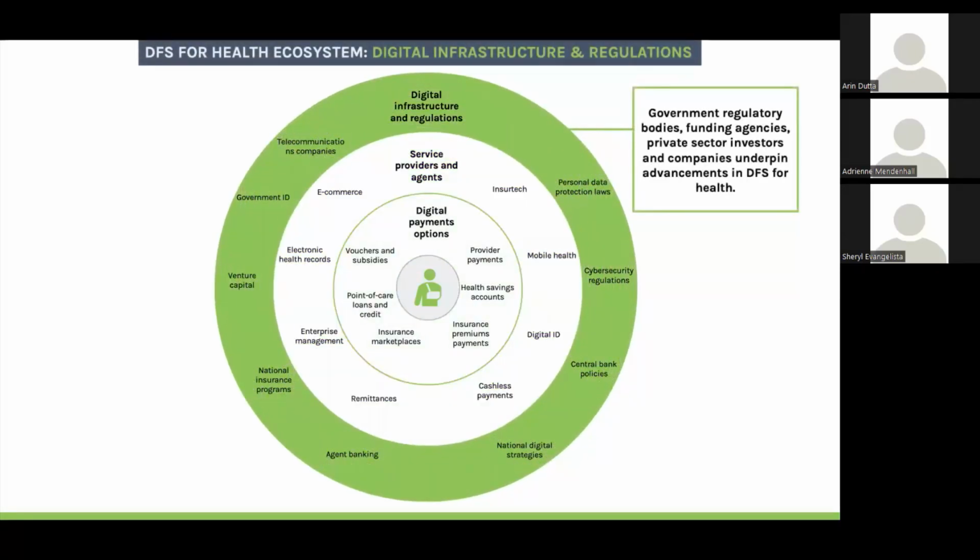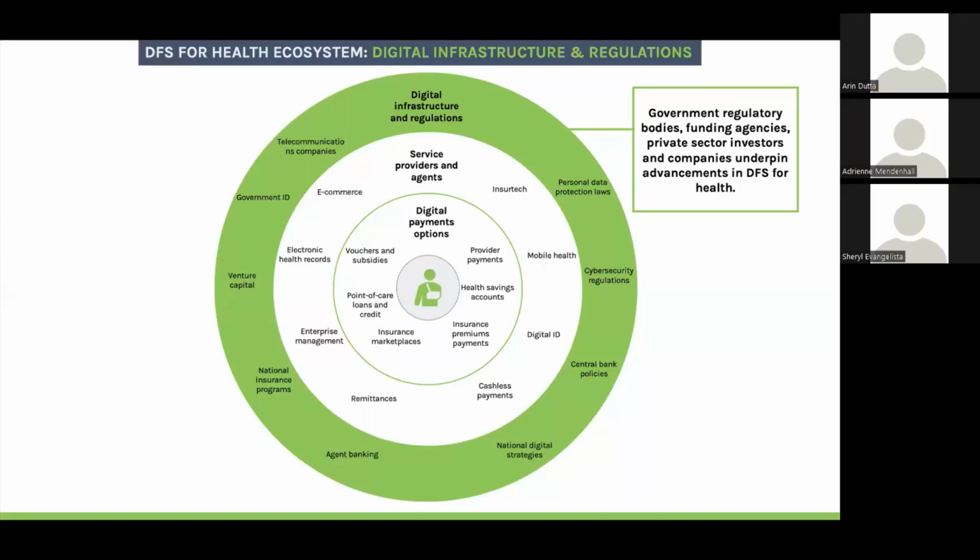And last, but certainly not least, is the digital infrastructure and the regulations that sit behind all digital financial services for health models. In order for these models to be created, to scale, and to have that adoption and buy-in, especially from patients, you need very strong personal data protection laws and cybersecurity laws. We need to see central bank policies that enable innovation along with national digital strategies and the digitization of the national insurance program, existing